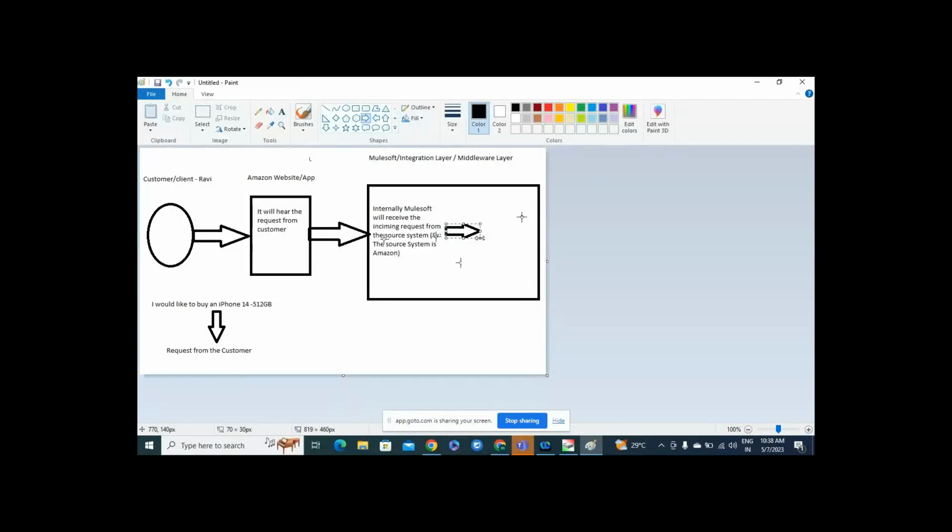So as MuleSoft developers, we should be very focused on the request and on connecting to the right system.